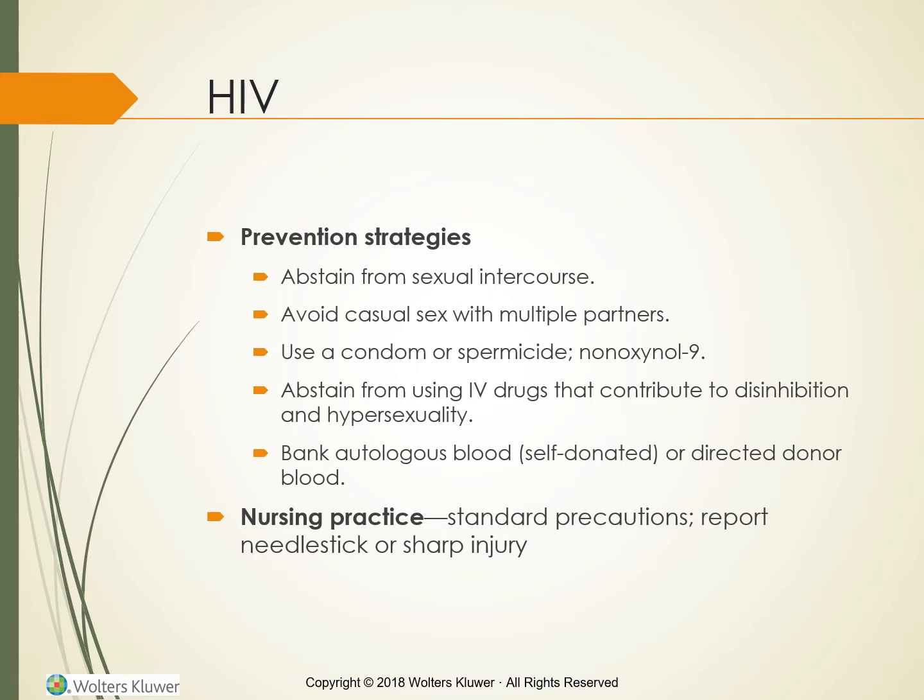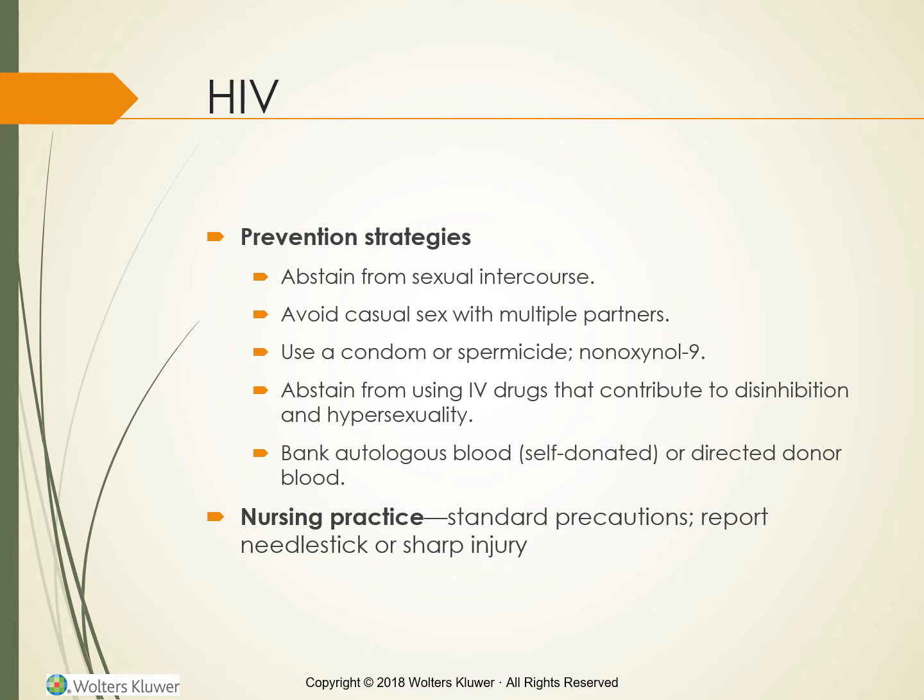Prevention strategies. The transmission of HIV is reduced or eliminated by adhering to the following guidelines: abstain from sexual intercourse, have mutually monogamous sex with an uninfected partner, avoid casual sex with multiple partners, use a condom and spermicide that contains nonoxynol-9 during sexual intercourse,